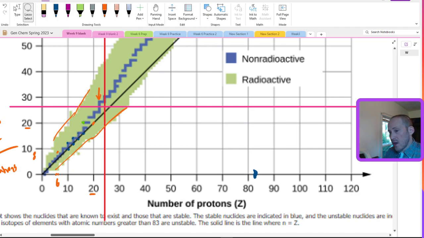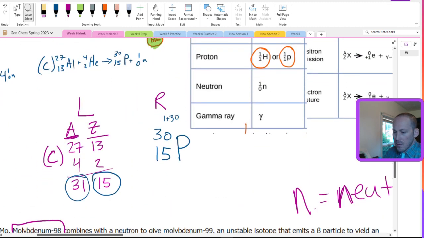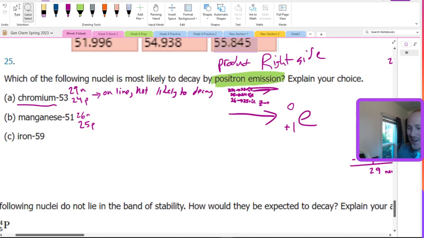So it is radioactive, but probably it would more want to do an alpha emission to get in the blue. So probably it's not that one. So I hope it's our last one. Let's find out. With manganese,